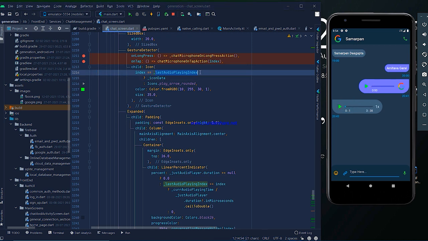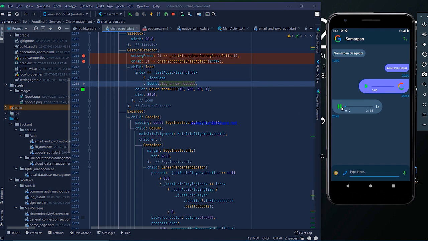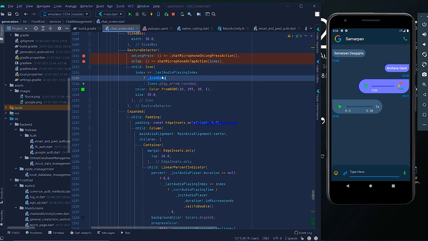Okay, last audio playing index. So the last audio playing index actually locates the element index of that audio file. And if the index is the same, that means if I play that audio and click on it, that will provide the icon data. And icon data, as you saw before, will be the play icon and the pause icon, and it will change simultaneously.